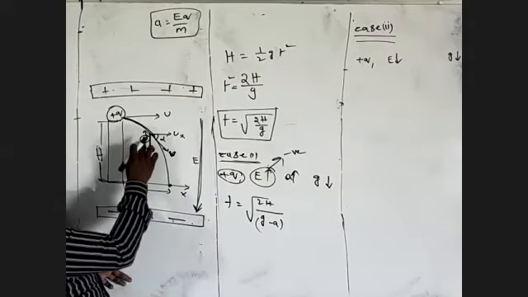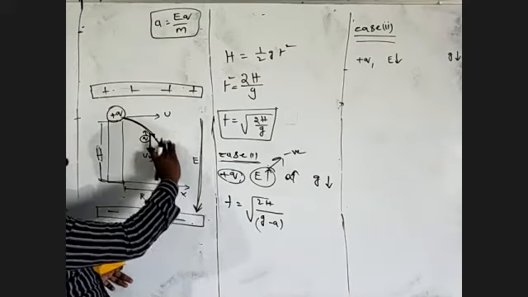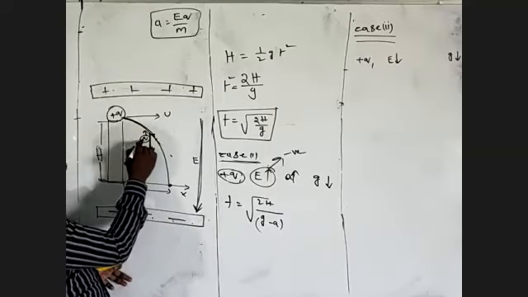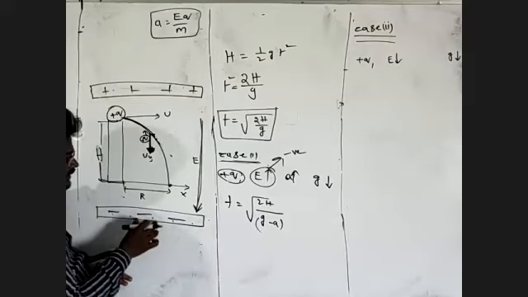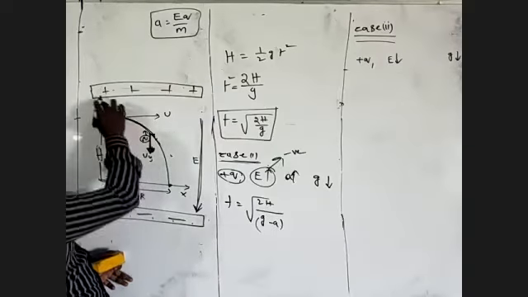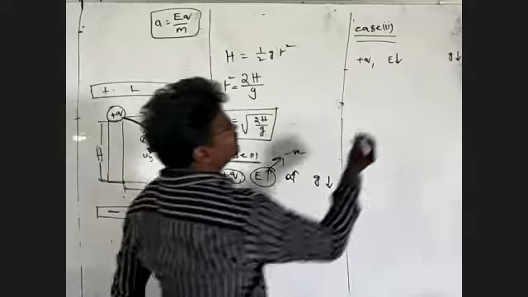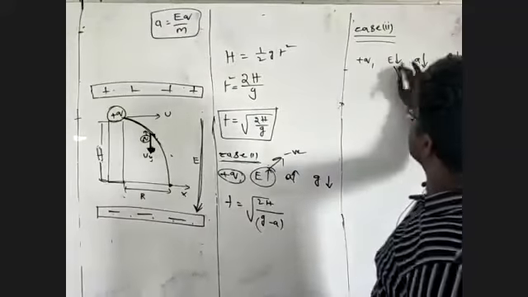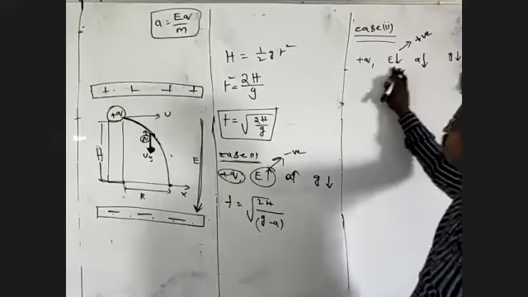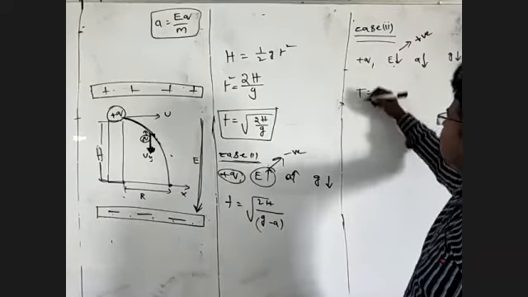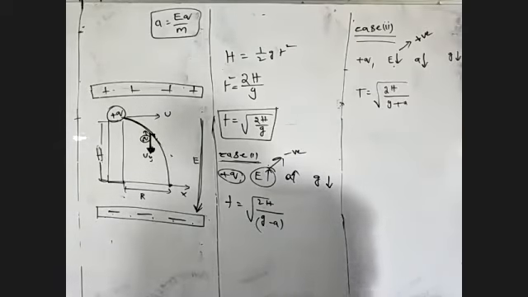Now you will see the charged particle is moving vertically downward. I don't consider this one. I'm taking only this situation. This is a positive charge, this is a positive plate, and this is a negative plate. The negative plate will attract positive charges in the downward direction, and the positive plate will repel positive charges downward. The acceleration of the charged particle is in a downward direction. The electric field is in a downward direction, so you should take it as positive. Now t is equal to root of 2h by g plus a. This is case number 2.